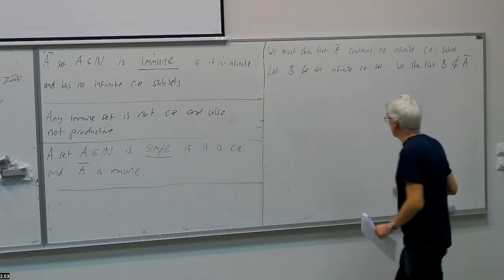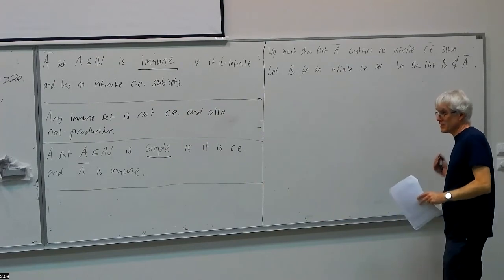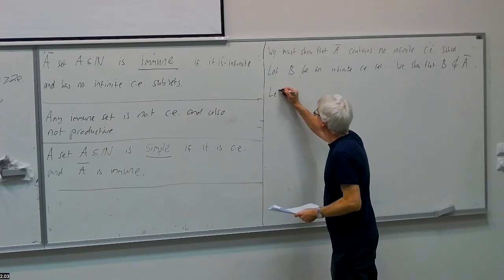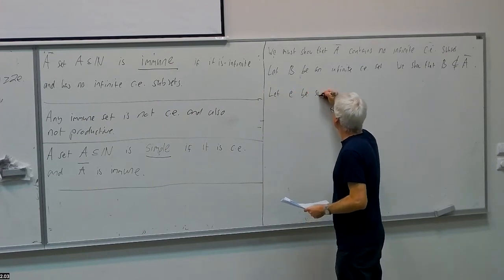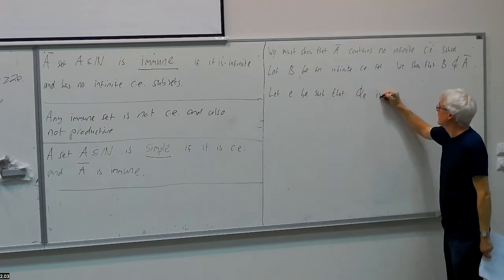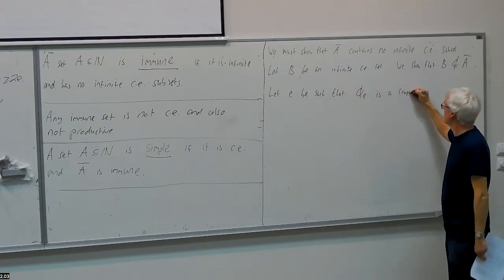Every infinite computably enumerable set is the image of a computable total function. So let E be such that phi sub E is a computable total function